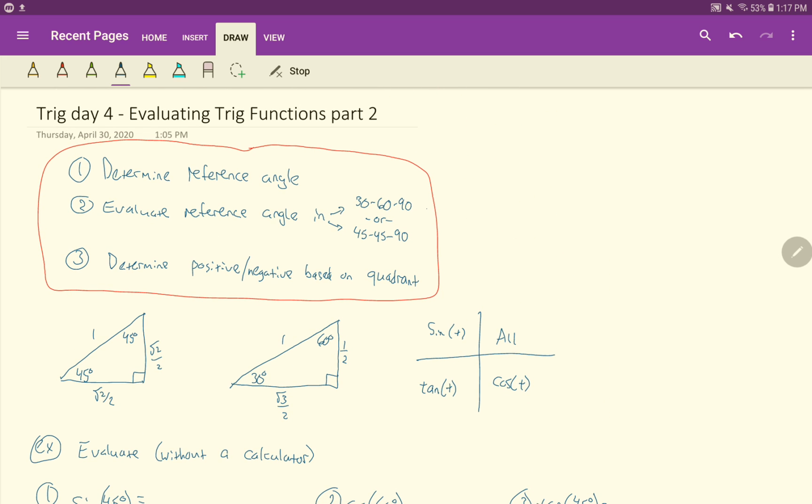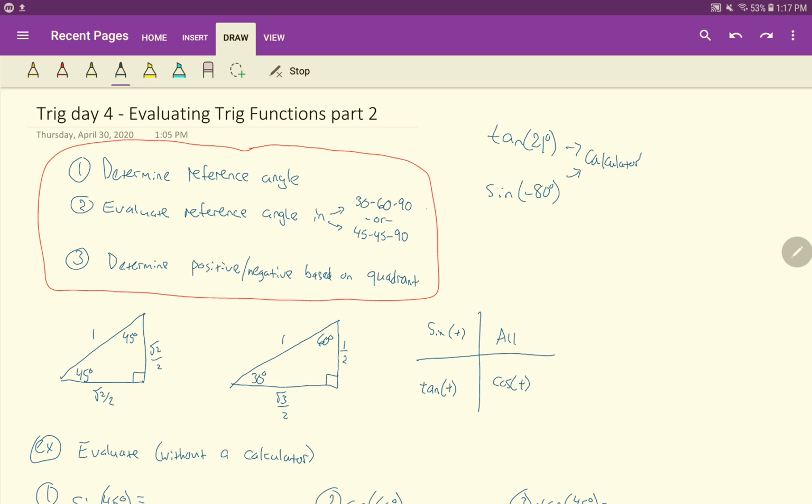Now, we are going to be limited in what trig functions we can evaluate. Okay, so we won't be able to, for example, find what the tangent of 21 degrees is. Okay, that's not possible. We won't be able to find the sine of negative 80 degrees, for example. Okay, at least not with this technique we're doing. Okay, these you're going to have to use a calculator, because there's just no way to do it. So what are we able to do? Well, we're only able to